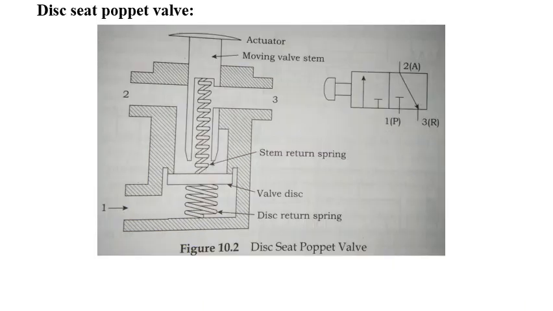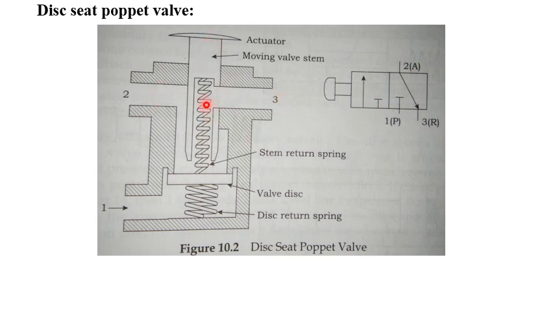Next we have the disc seat poppet. Here you can see the flat disc, which works against the spring force. At one end we have a spring tension, and at the other end one more spring is attached to the same disc, along with a plunger that is pushed away from the actuator and is going to be tensioned there. So what will happen if you want to actuate?